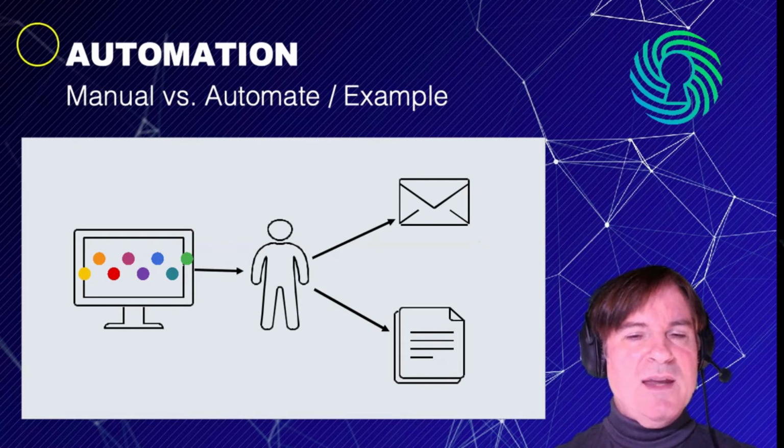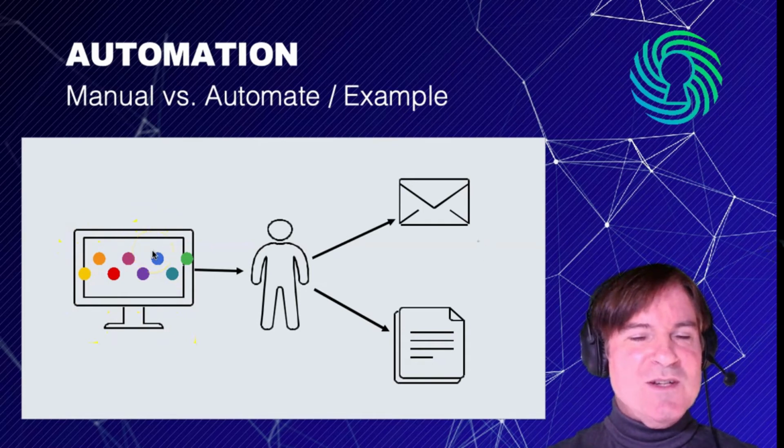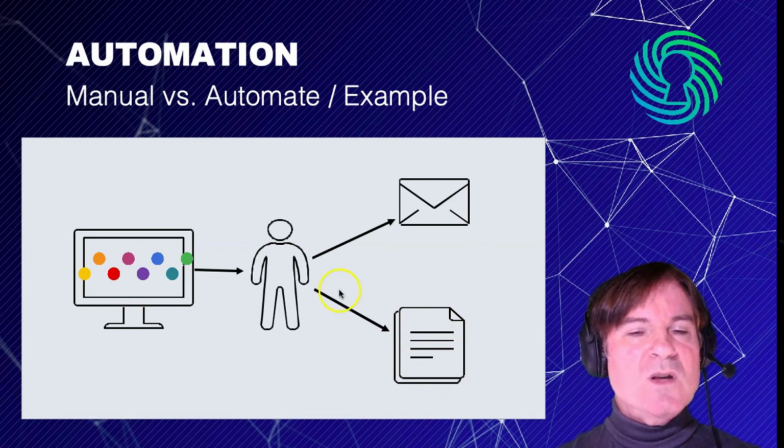You look here in the middle, we have this security engineer, and he or she is watching the security dashboard here for threats, and all of a sudden finds out that, oh my God, someone's trying to break into a server. This person, when that happens, is supposed to email the chief security officer and a number of other people to alert them, and then is also supposed to immediately log that information into a logging mechanism where it can be stored. Well, what happens though if one wants to automate this?